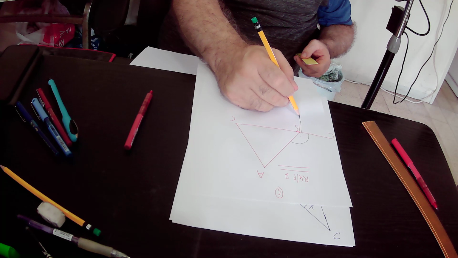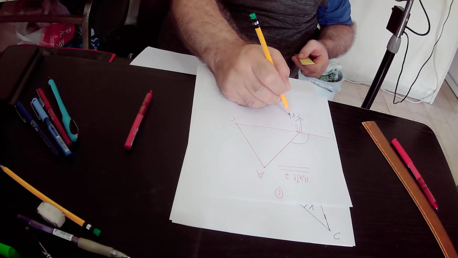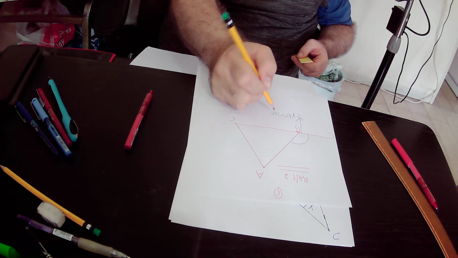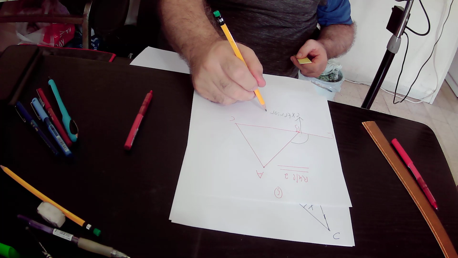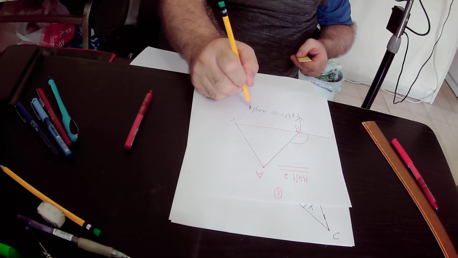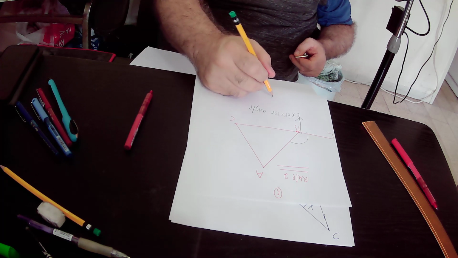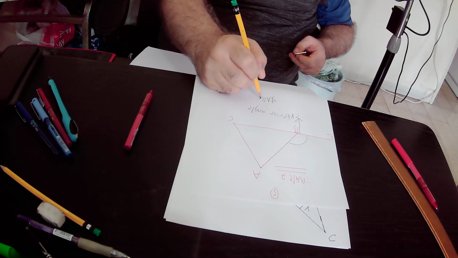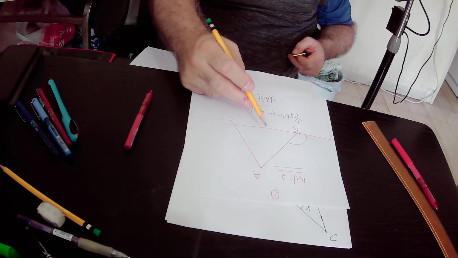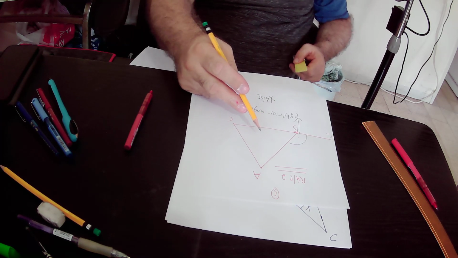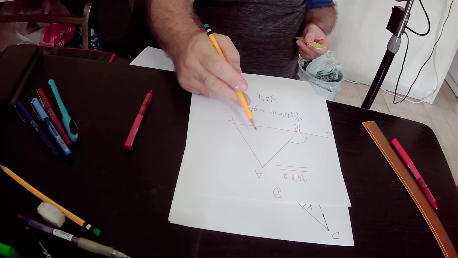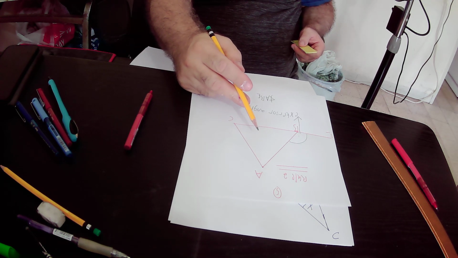This angle is an exterior angle. So angle ABL is an exterior angle in relation to triangle ABC, because